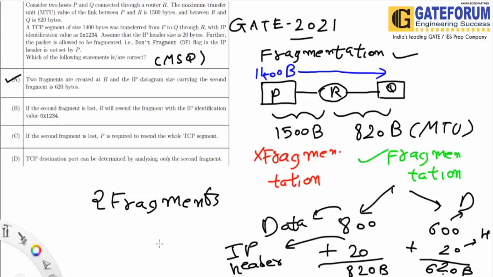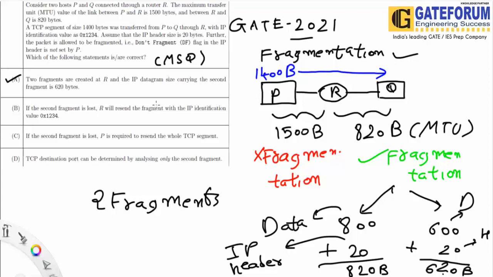Because we have a connection establishment based scenario, we need to take care that no out of order fragments reach there. Let's consider you have three fragments, the second fragment is lost and the third fragment reached first. Then there might be a possibility of out of order delivery. In that case, TCP will take care that the entire segment is resent. So in case of any failure or loss, the entire segment would be resent.